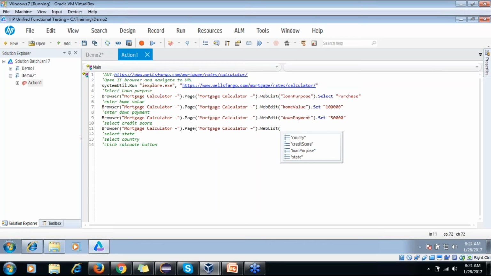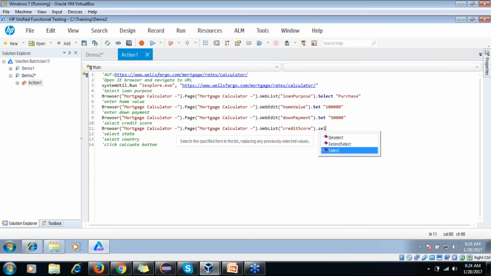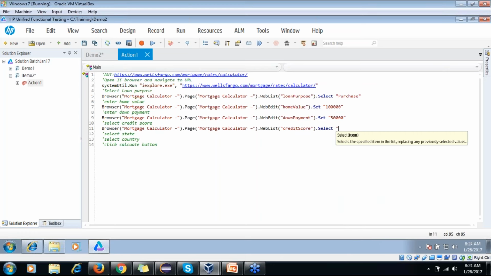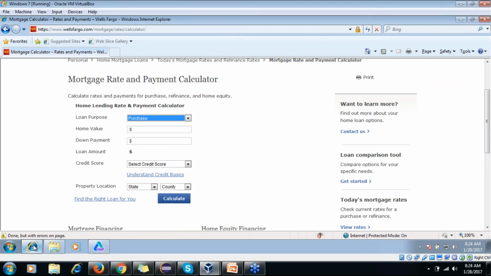And what I want to select, credit score, select. Let me see what the options are. So here we'll see index wise. Let me use index.